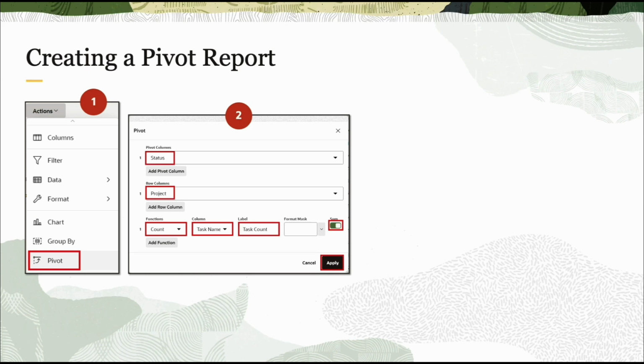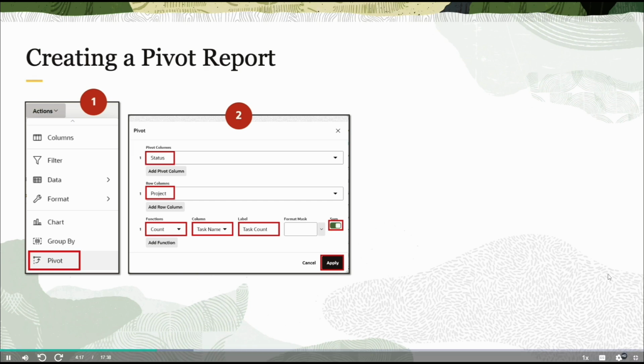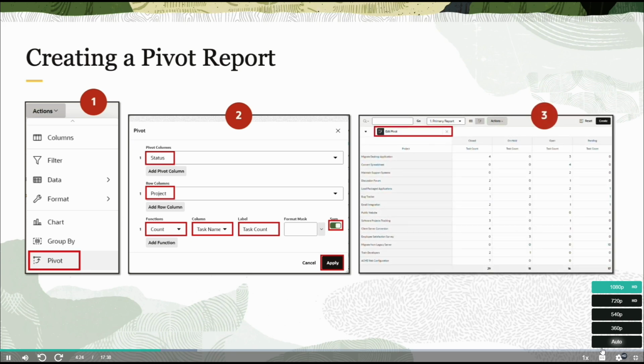In this example, status column is selected as the pivot column and project is selected as the row column. And the function is count on the task name. This new metric being calculated will be labeled as task count. Once you're done with this configuration, click on Apply to generate the pivot report. The slide example here shows a pivot report that displays the number of closed, on hold, open, and pending tasks